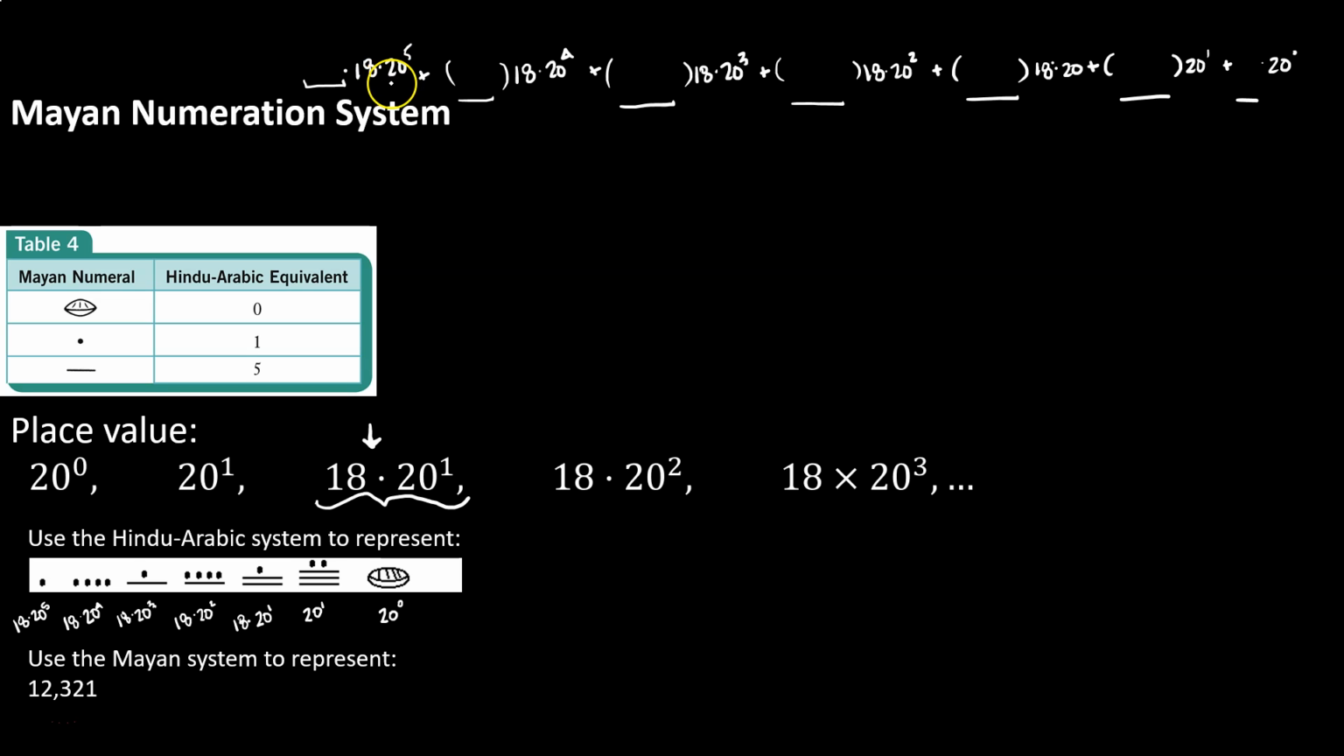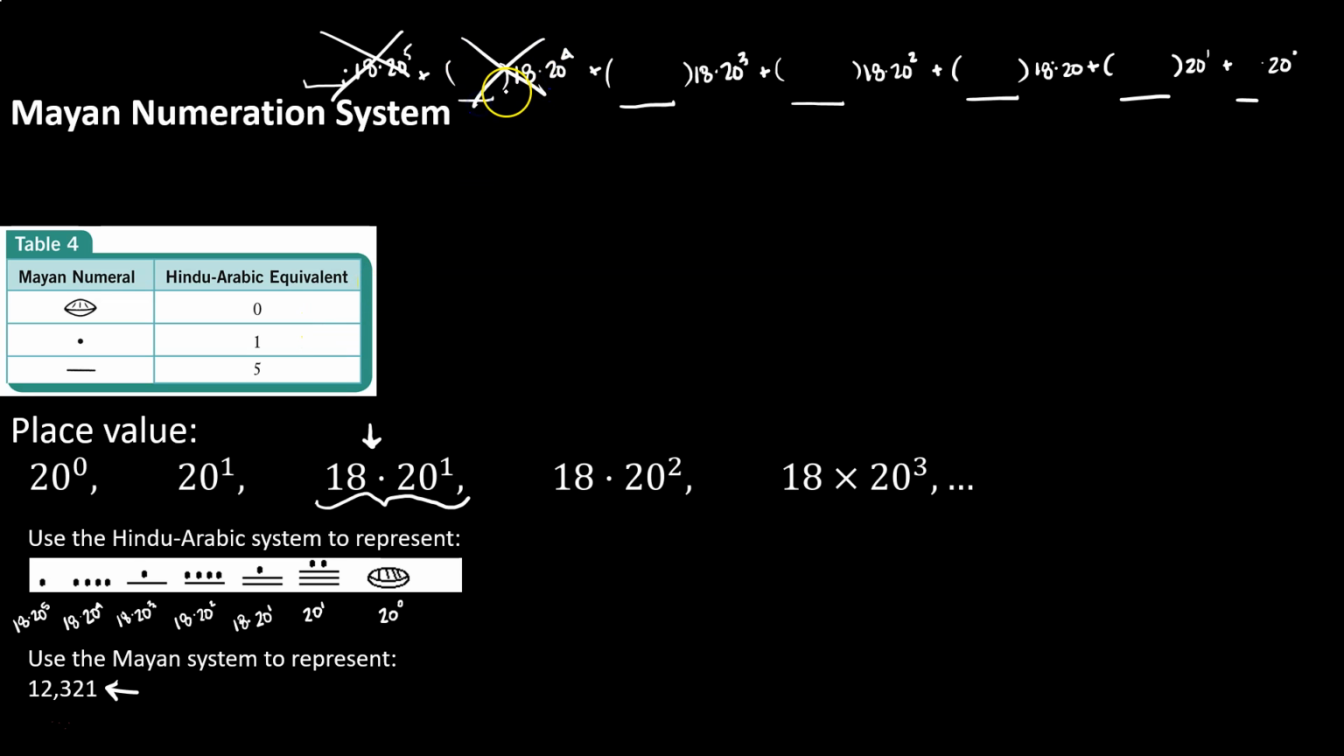That is way too big. 18 times 20 to the 5th looks like 57,600,000. So we know that that place value is not necessary for the number that we are working with. So we move down a notch. 18 times 20 to the 4th. That is also too big,